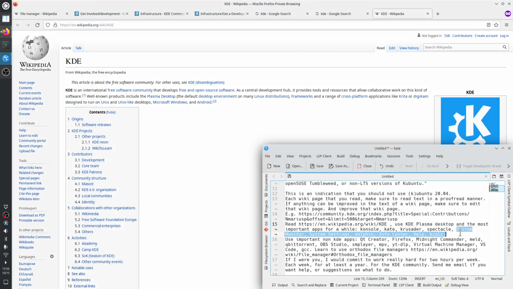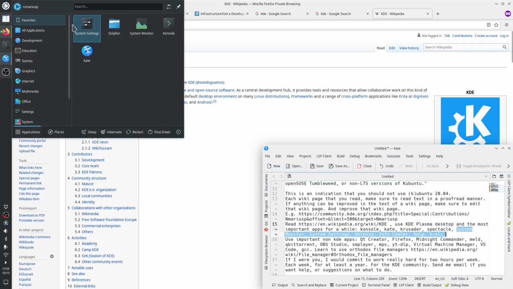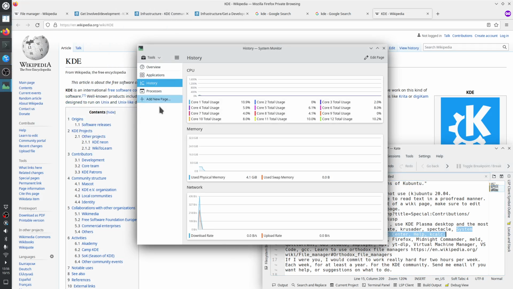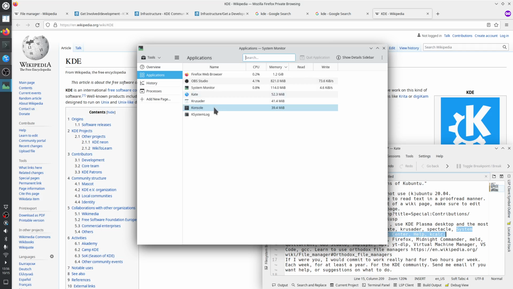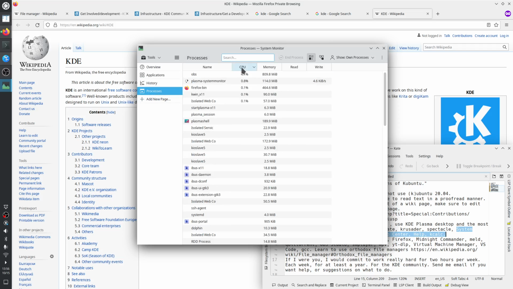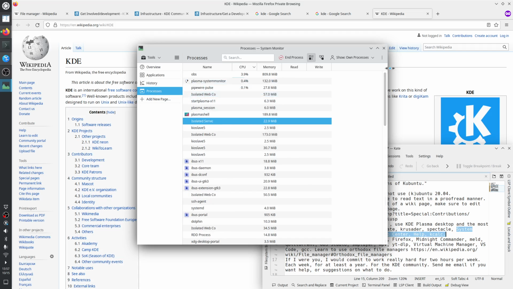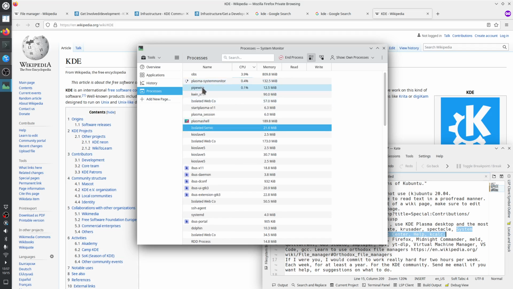Then there's the System Monitor, System Settings. System Monitor is this thing, shows you the running processes, has this graph. You can sort processes descending by CPU usage. You can close, kill processes such as set signal kill. It will close or it will kill all of the processes, so all of the children of the process will